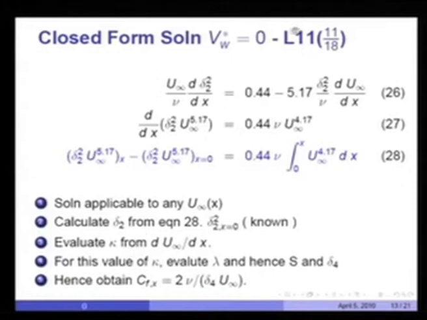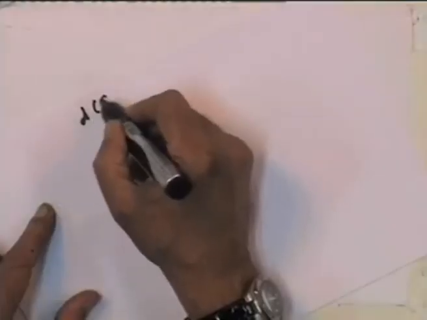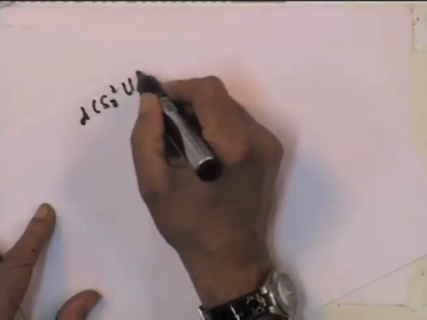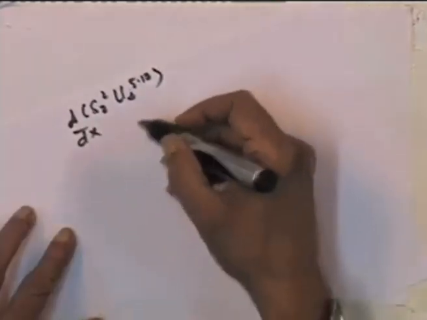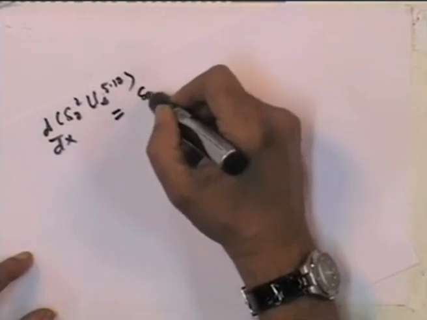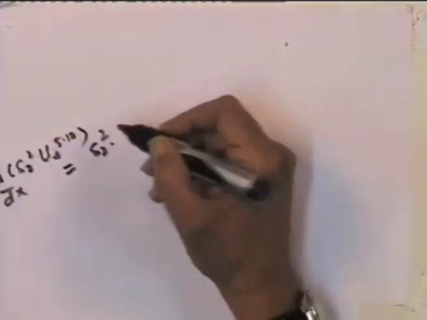So, just see, this was the relationship. I can manipulate these two terms, this term and this term, as d by dx of u infinity to the power 5.17 delta 2 squared equal to 0.44 nu times u infinity to the power 4.17. To convince you, let me open up the equation again. Then you will see d by dx of delta 2 squared u infinity to the power 5.17 will equal delta 2 squared into 5.17